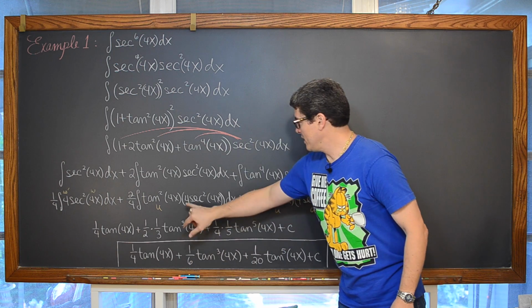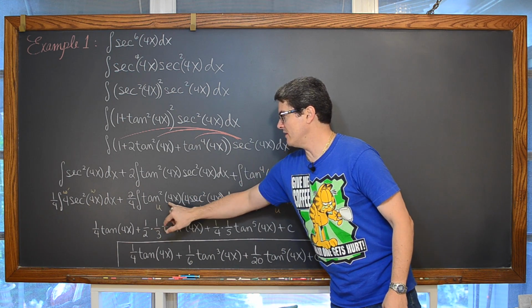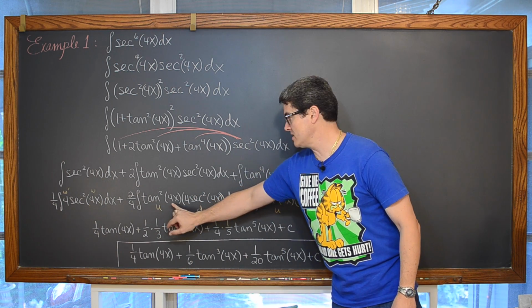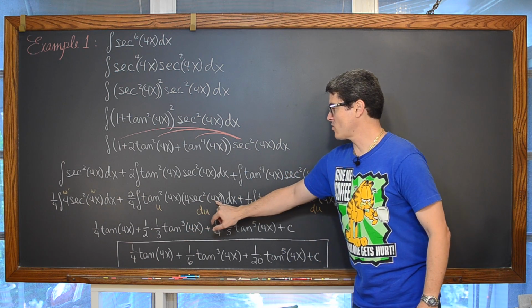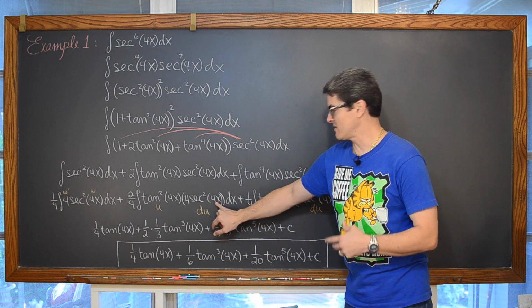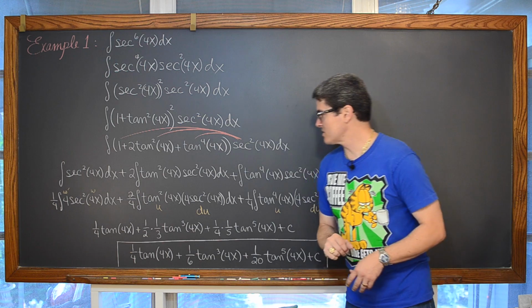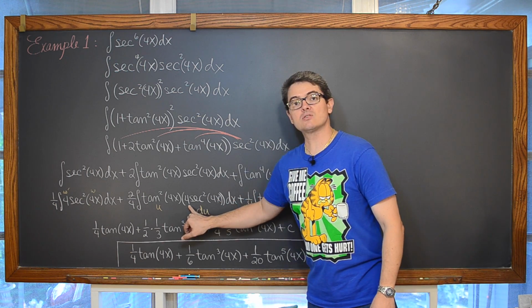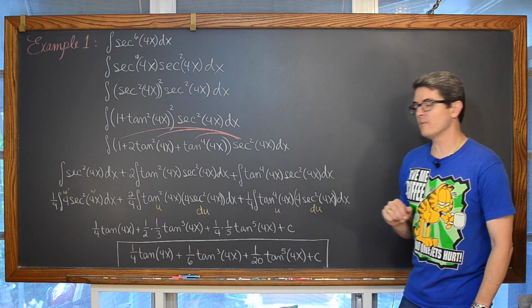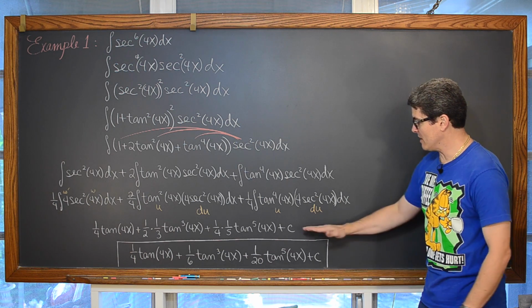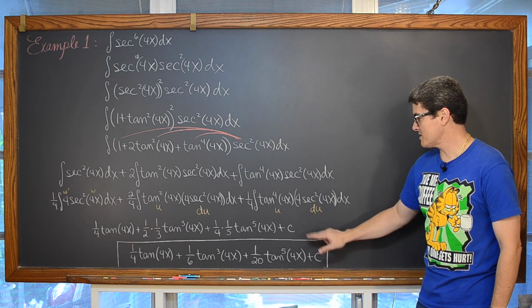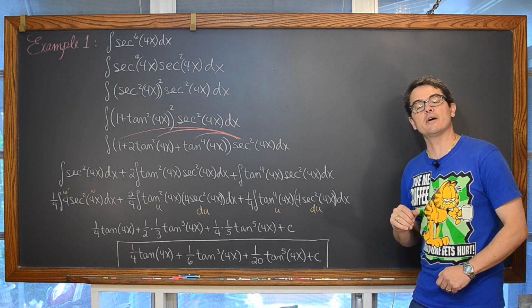And just completing the chain rule here so that we can recognize that pattern and then just integrate using the power rule. We've got the derivative of tangent of 4x is going to be 4 times secant squared of 4x, because of course you have to take the derivative of that inside function, which is going to be 4. And then I'm balancing out those multiplications of 4 with divisions of 4 in each of those terms, and then finishing up, of course, don't forget your constant of integration, and there is our final answer.